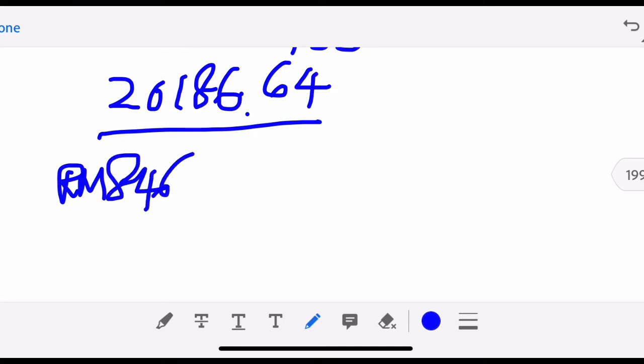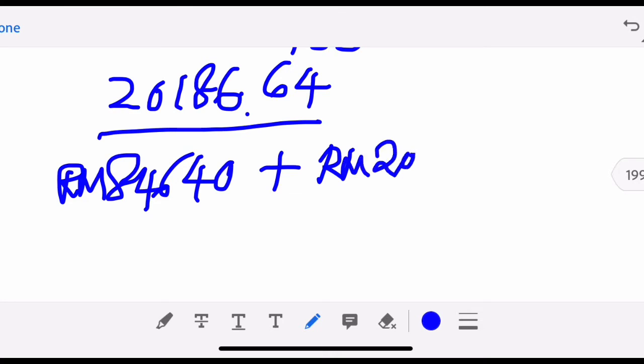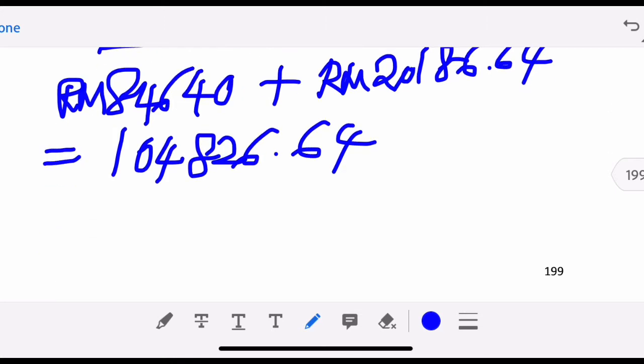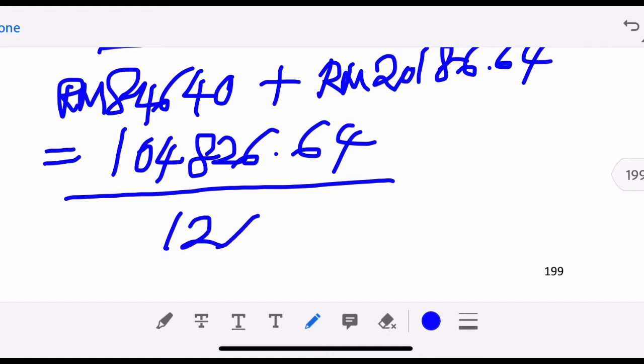So that means total she need to pay is RM just now is 84,640 plus with the interest RM 20,186.64. Okay, so how much actually? 84,640 plus 20,186.64. Okay, so it's equivalent to 104,826.64, and this amount she need to pay within 9 years, which is 12 times 9,